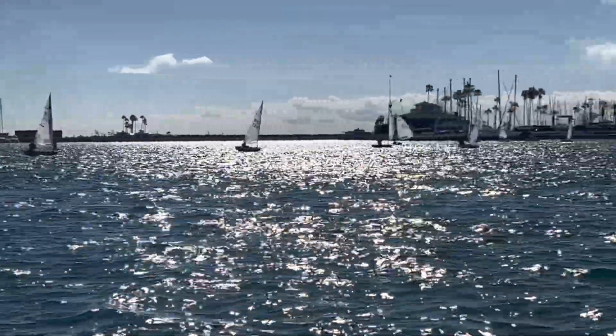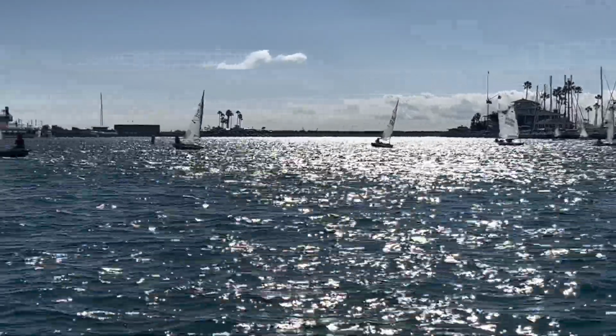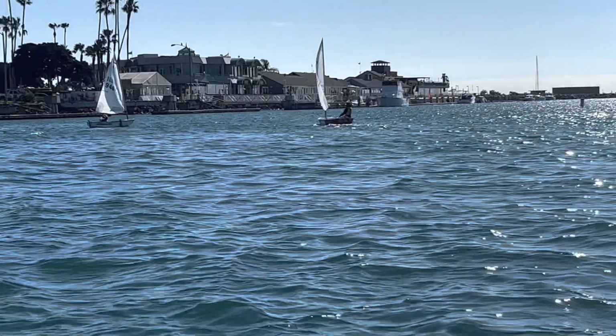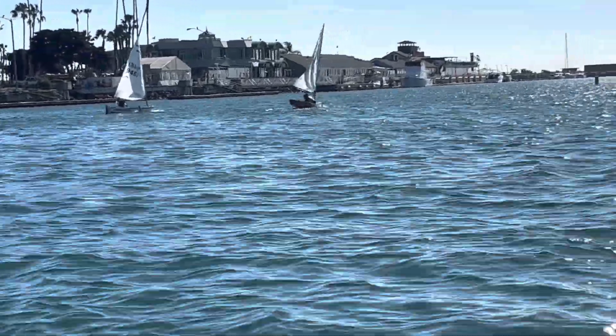Our team is doing a great job. This is most of them out here, 18 kids, pretty much all practicing together without being asked. They all just kind of pulled it off. And then